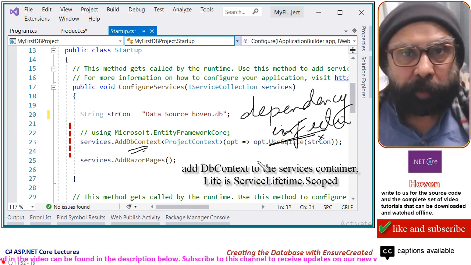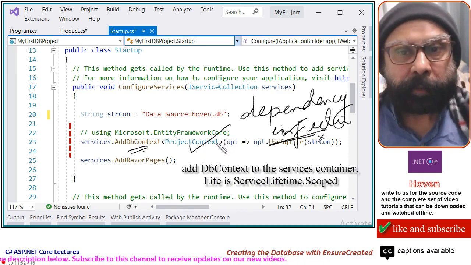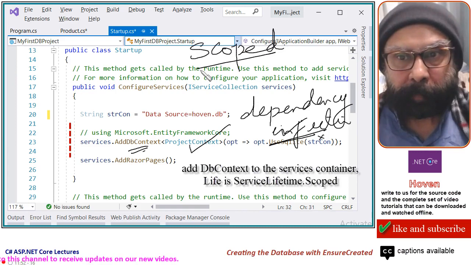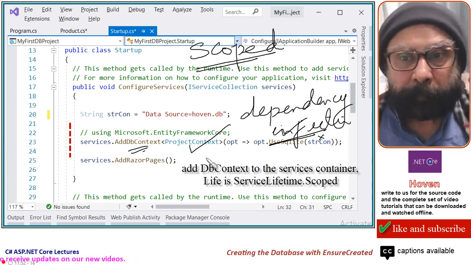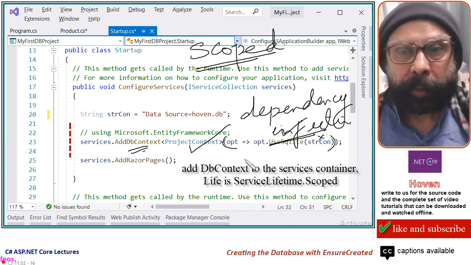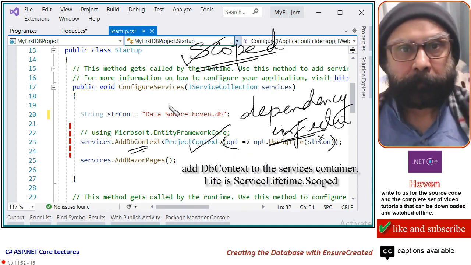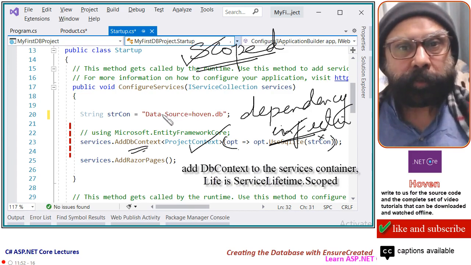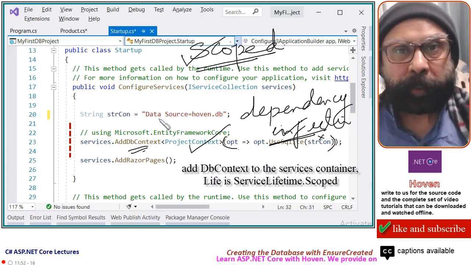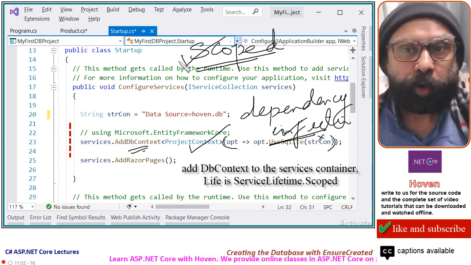It tells ASP.NET Core that this project context should be created on demand. The connection will be a scoped connection. Why am I saying scoped? Because the default parameter for this method accepts a scoped connection. The database connection is closed automatically by ASP.NET Core when the scope ends. So opening is on your request, and closing is done automatically by ASP.NET Core when the scope ends.